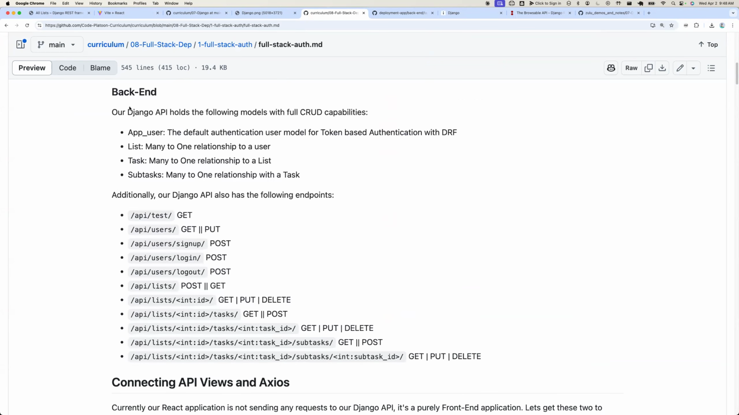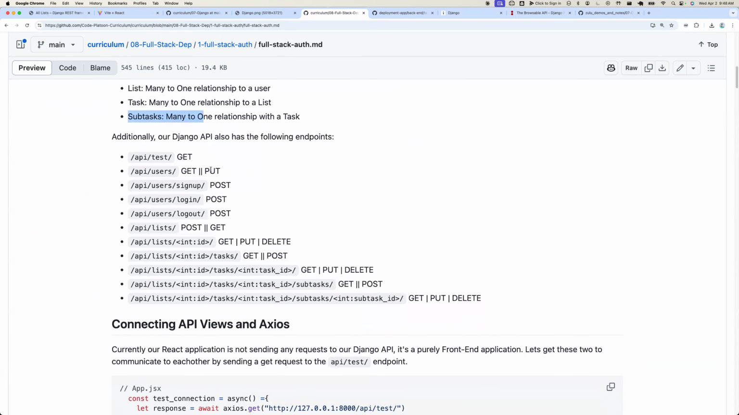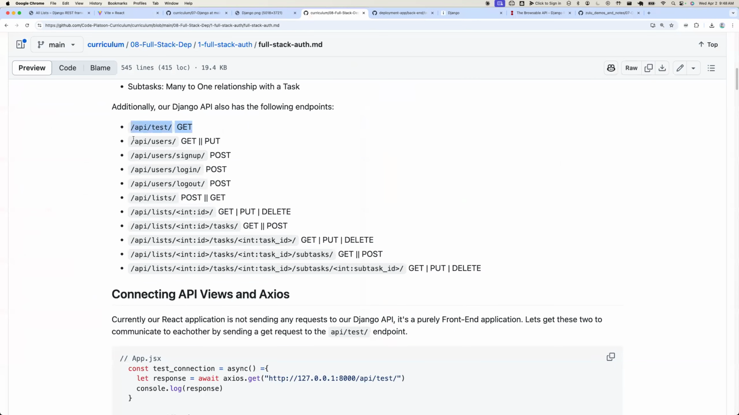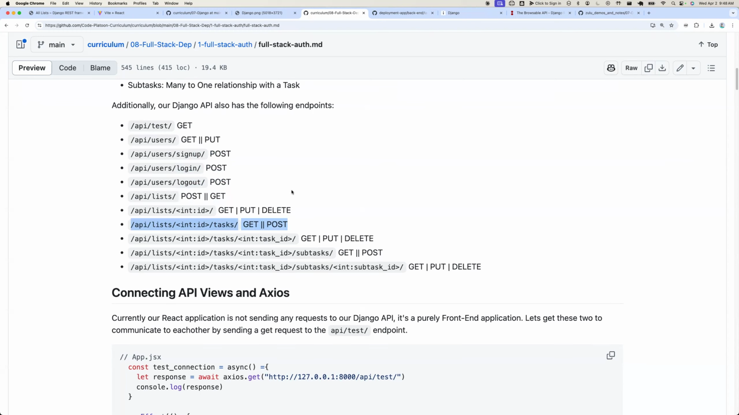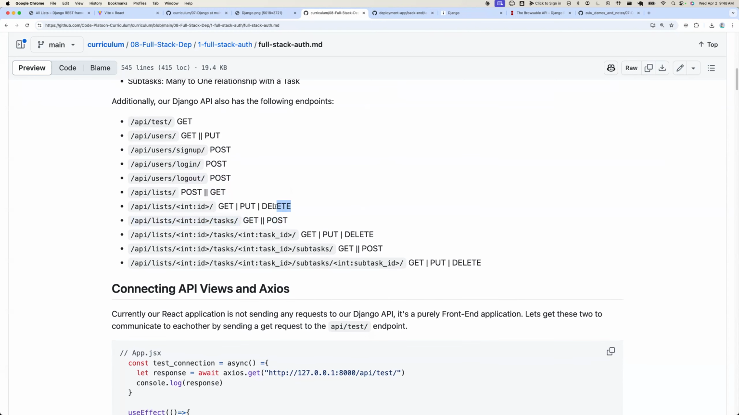So the high-level overview of our Django backend that we've been interacting with here is we have an app: a user app, a list app, and a task app. In models, we have subtasks, and then we have these endpoints to deal with users, sign up, login, and then we have lists and tasks. And I've sort of been moving through the code, but also really just making post requests so we have some data,